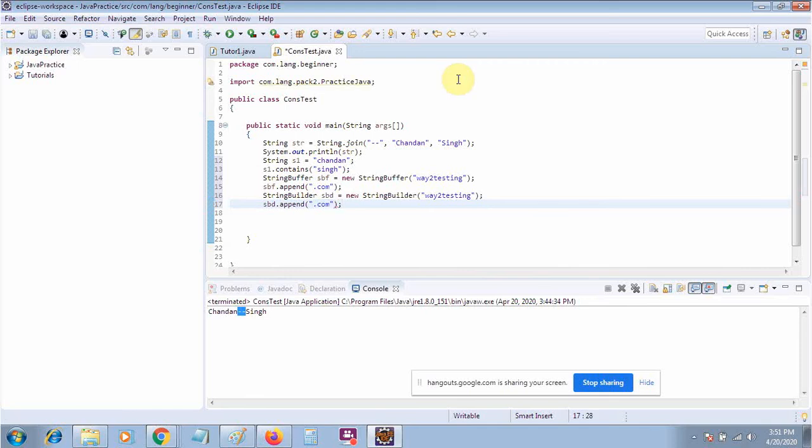Now I will print each statement so that you can distinguish what the actual difference is here. Let me print s1, then the StringBuffer, and then the StringBuilder.